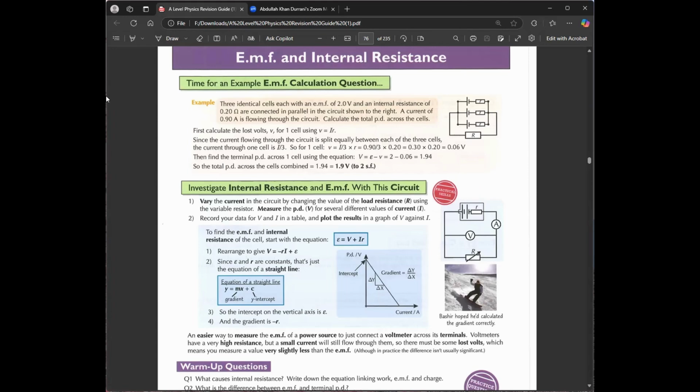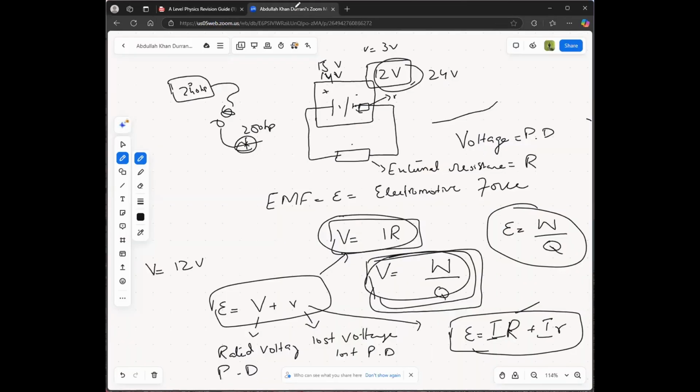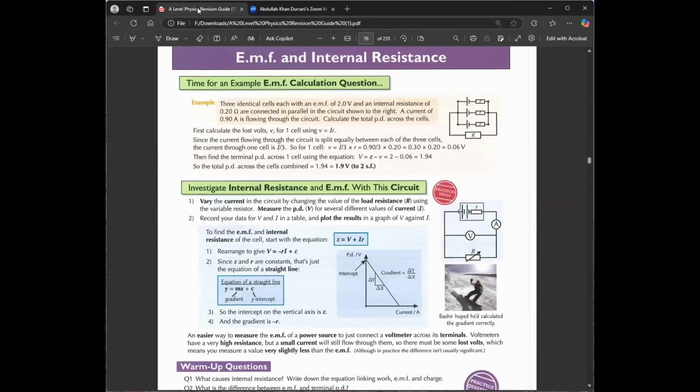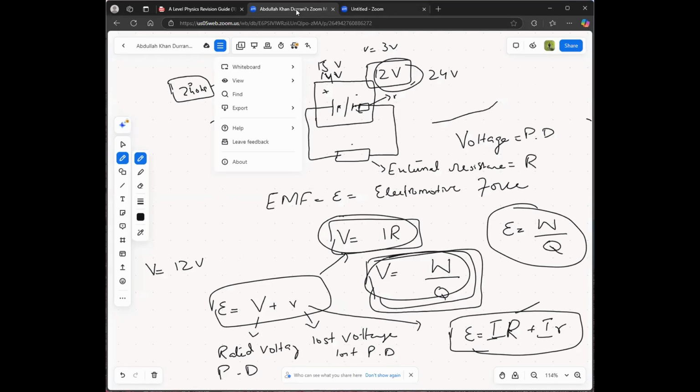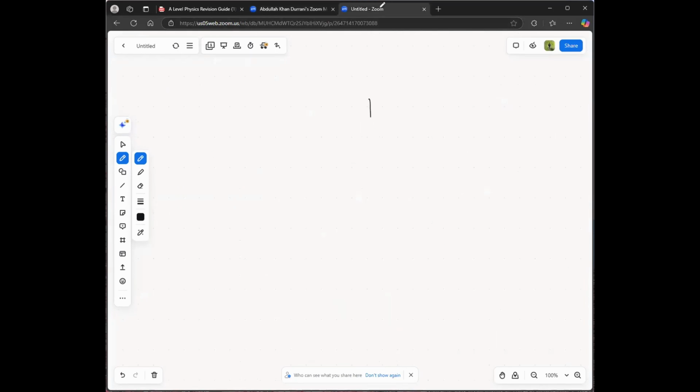Now they're calling it cell, right? So that's why it's a good thing that I made the battery correctly, because battery is two small short lines and two long lines. So cell is denoted by, so the right symbol is one long line and one short line. So there are three identical cells, and now if you look at it, they are connected in parallel to each other. So with an EMF of 2 volts, which means, so if I have to draw it,